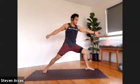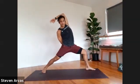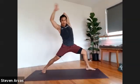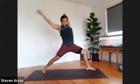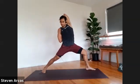Left arm goes up to the sky. Right arm wraps up and drops down your back. Now, a couple of options here. You can take your left hand down your back. Maybe grab your left elbow with your right hand. Or you can work the shoulder bind. Right hand reaching up to grab the left hand. There it is. And once you have the connection or the choice, the option you're choosing, tone your thighs,